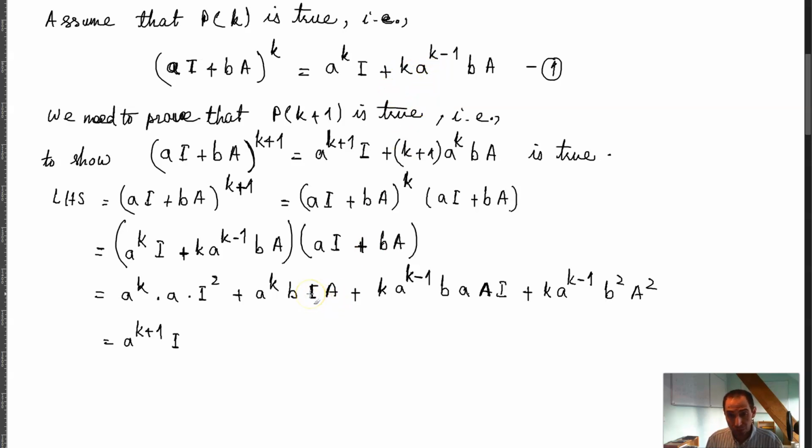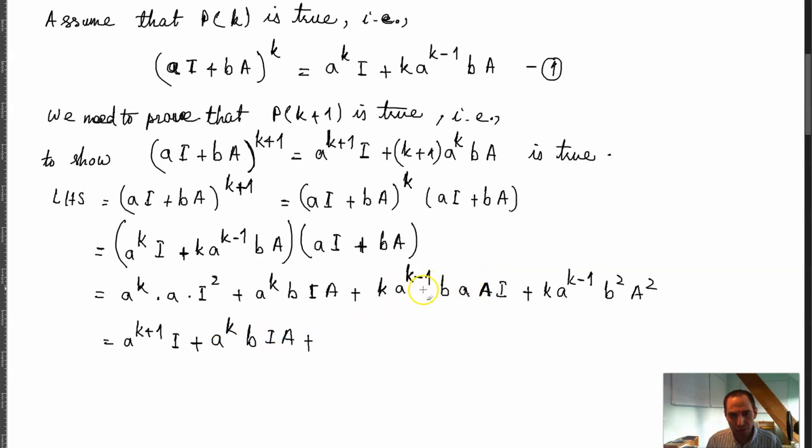So I don't know what's going to happen as I simplify these things, but let's see. I'm going to just write it as IA, and then in the end we will decide what we can do. So this is the same thing as A raised to the power K times B times IA